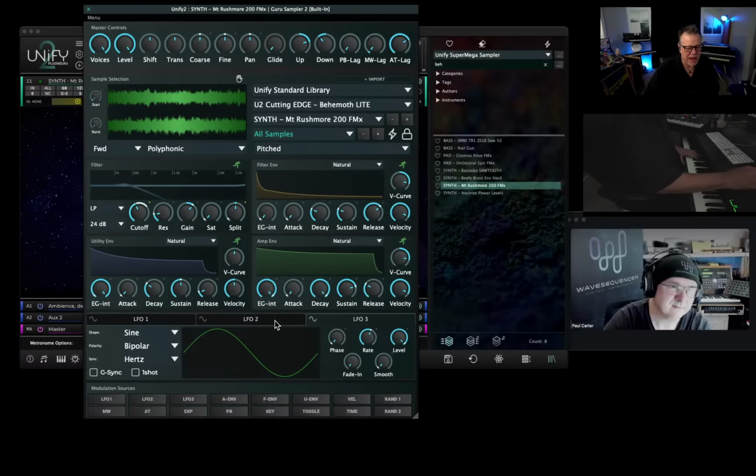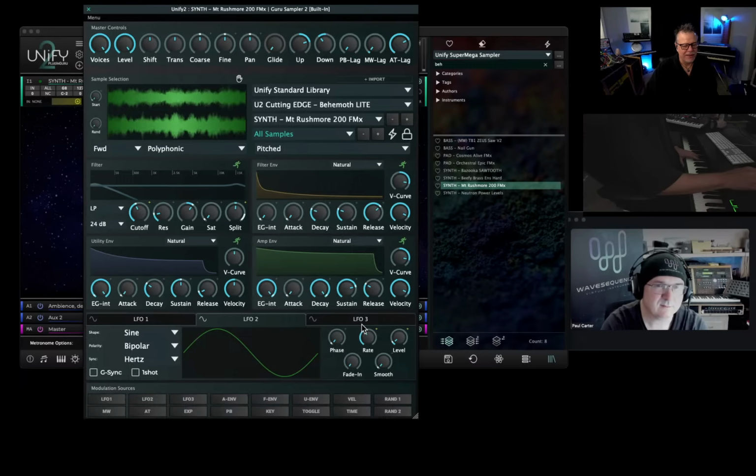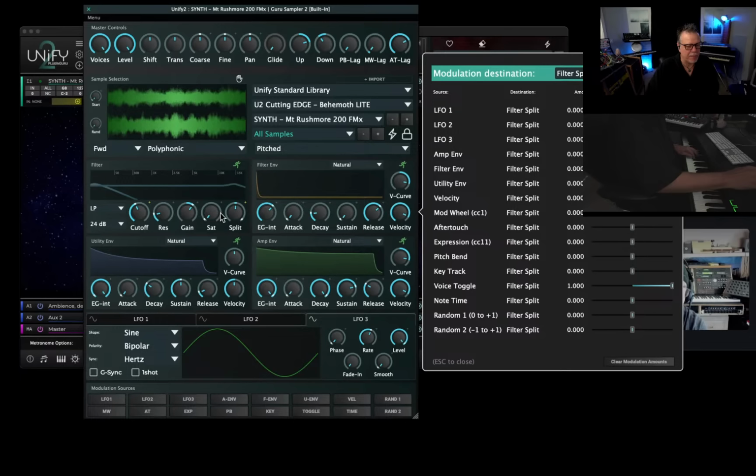Here, let me do this. Let me have LFO2, as Paul was saying, tame it down a little. And let's bring up the filter envelope generator. And now you can hear that it's panning because we still have the toggle happening from LFO3, or actually it's not even an LFO at this point. It's another parameter besides the LFO. So if I play chords,